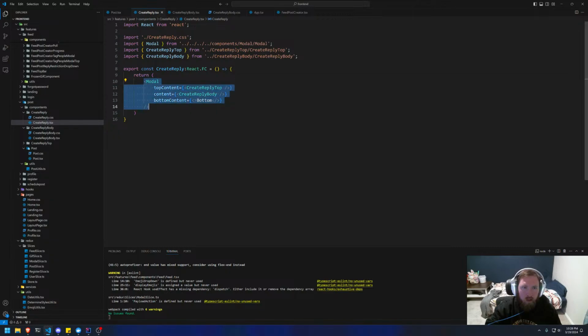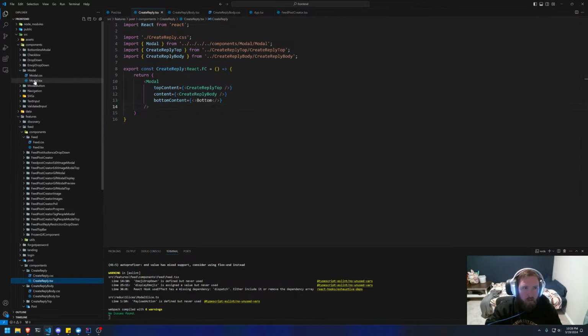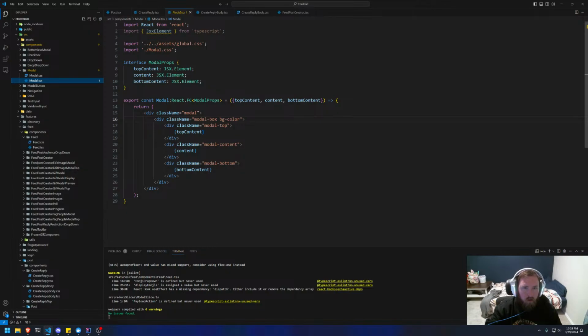Because the modal actually takes up the whole screen. So I'm trying to think here. Yeah, I guess we're kind of screwed, huh? So I was hoping I'd be able to put this where we want it. We might have to rewrite the modal to